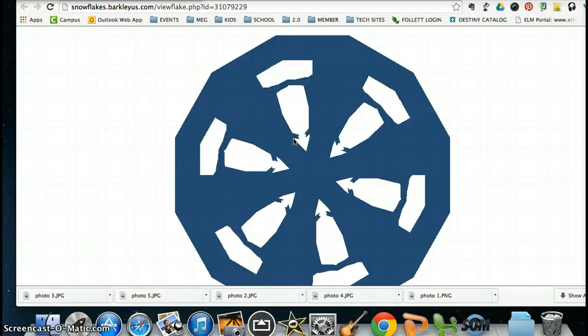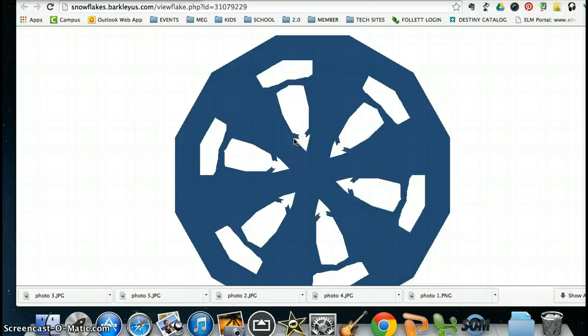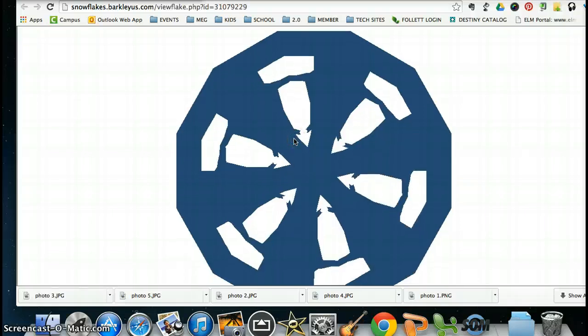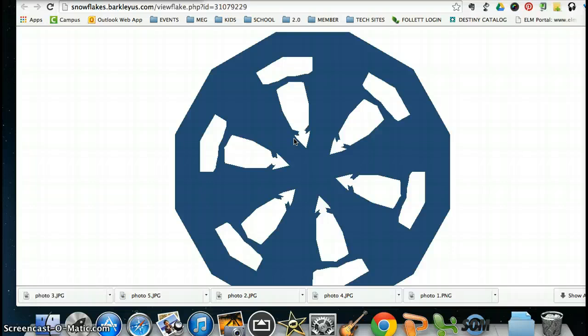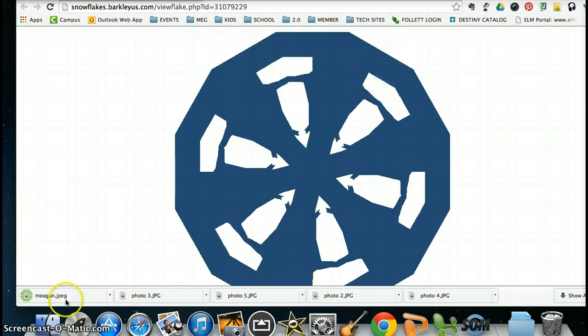So I need to do a right click, which means I need to press with 2 fingers on my computer, but only push hard on the right one. So I'm going to put 2 fingers on my trackpad, but I'm going to push with my right finger. And then I'm going to go down to save image as. And now I can name my snowflake. And my snowflake's going to save, and you'll see it saving right down here at the bottom of your computer